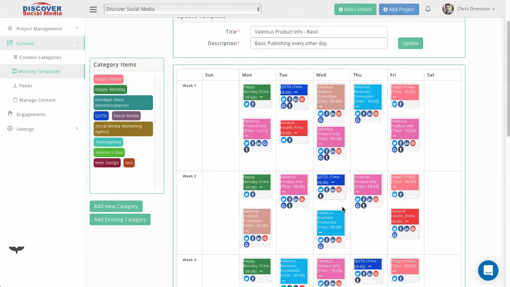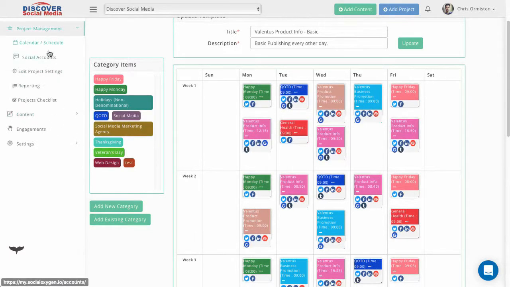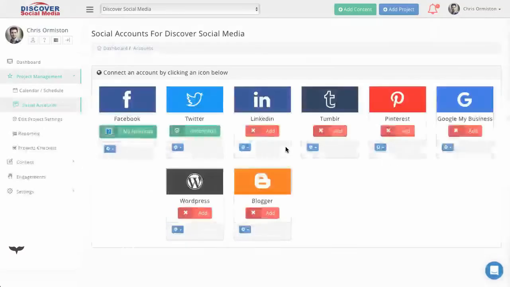Now that being said, all the person needs to do when they sign up is connect the social accounts that they have. We would send them a request to connect all the accounts, and if they don't have them, we explain don't worry about it, but to connect the ones that they have. So for instance, if we go over here to the social accounts and they have a Facebook account that they're going to set up, right from their email, there's a button that looks like this right here that says connect to Facebook.